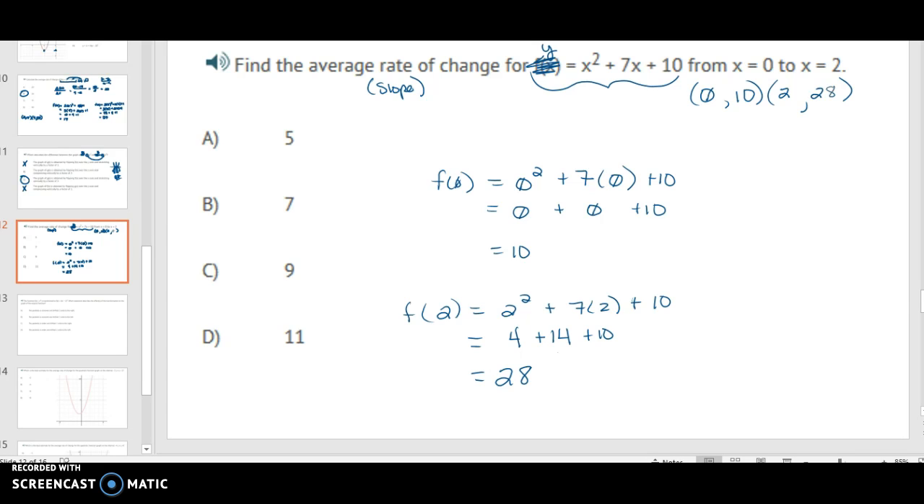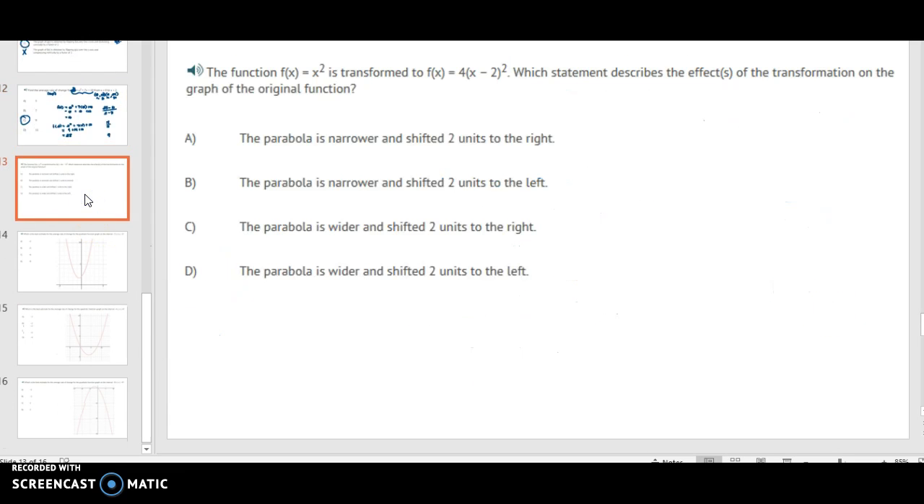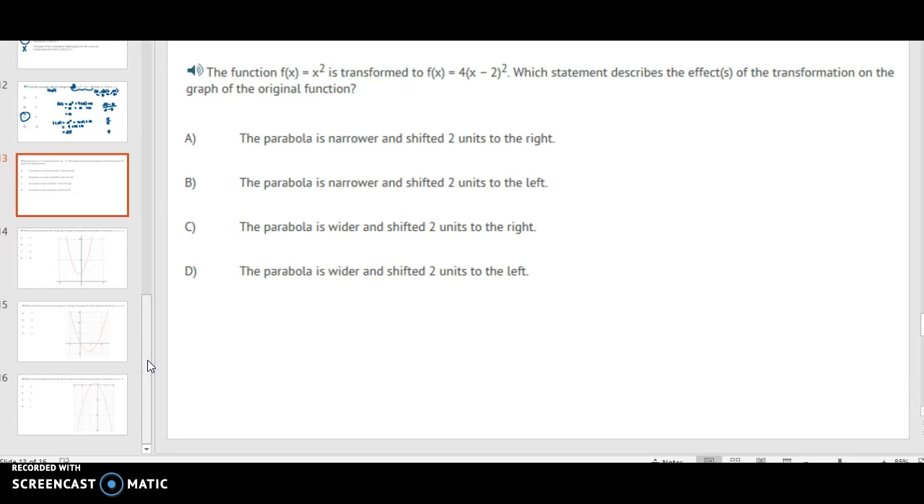All right, so pretty much once you know that, we can do this is x1, y1, x2, y2. So we'll do 28 minus 10 over 2 minus 0, which turns into 18 over 2, which simplifies to 9, so it must be C. Alrighty, let's keep it going. My gosh, I might have to do a part 3. Okay, let's go back. Now let's think more about